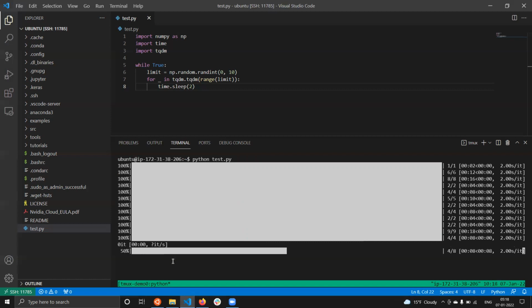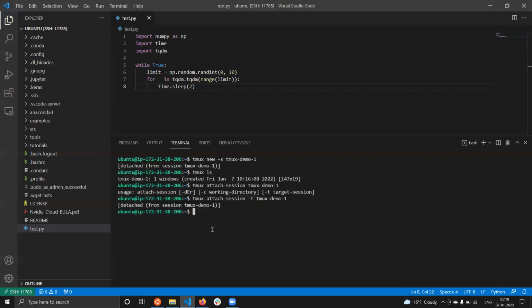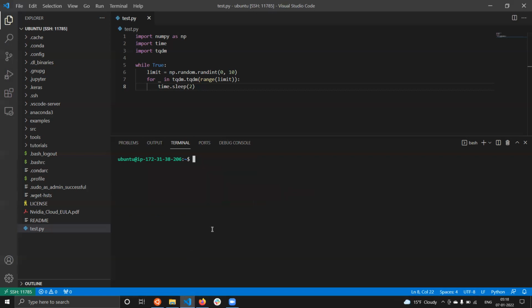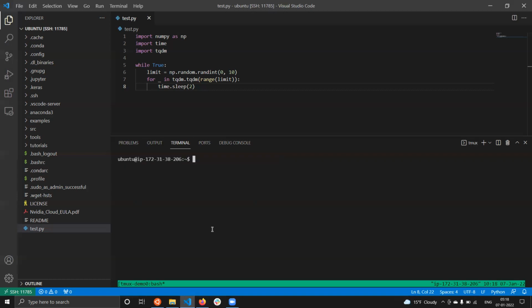And another thing that this can be useful for is, let's say you're running a model training and it is not occupying the entire GPU, and it can accommodate another simultaneous training run. So you can create another session and run a separate experiment in this session.